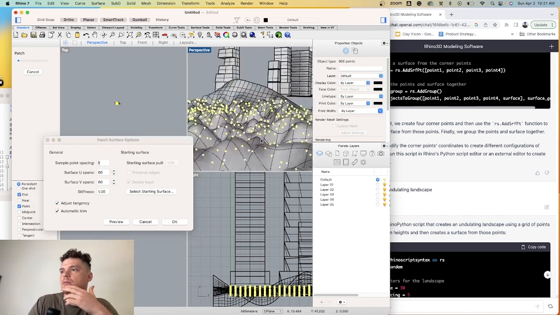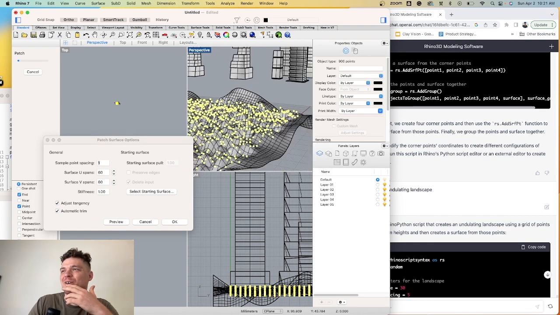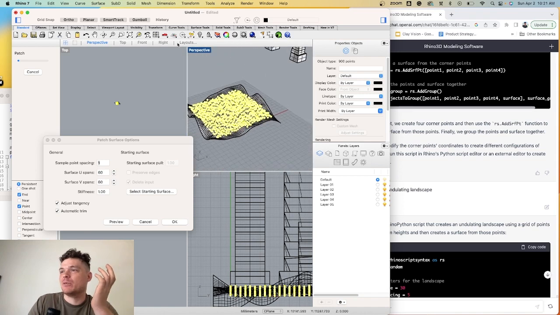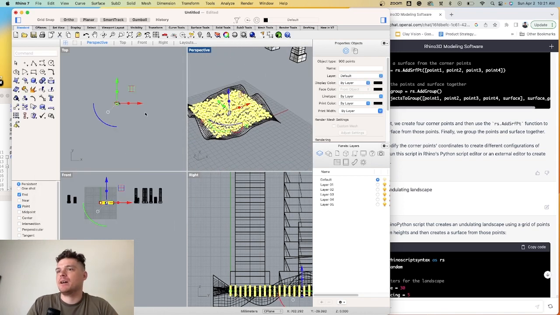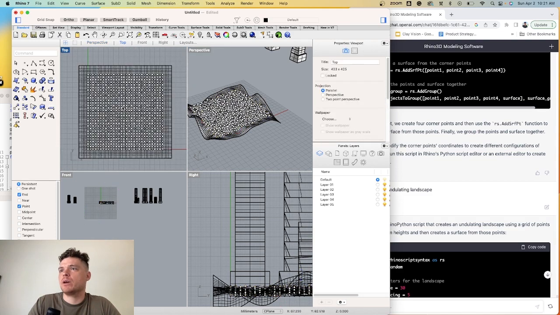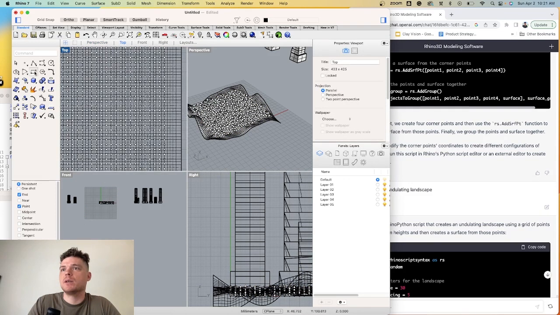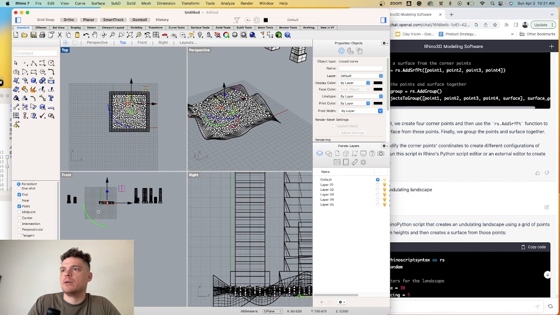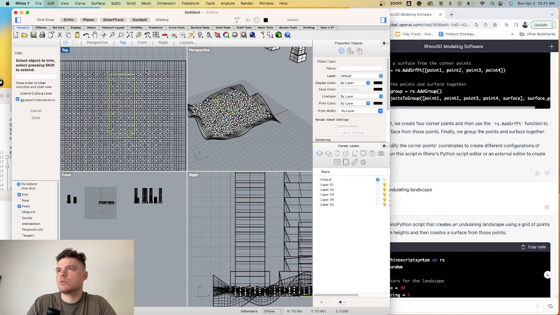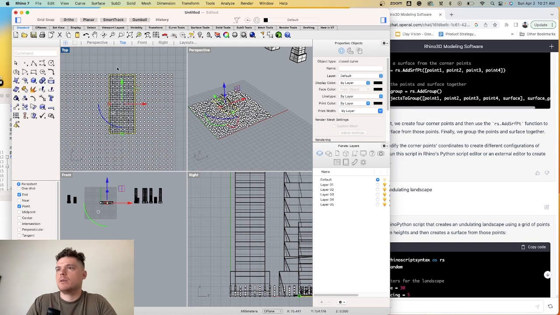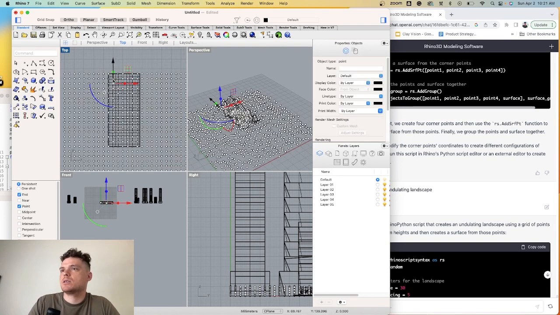Again, it depends on what kind of thing you're going for. Maybe you're making a facade panel and you just need to cut out some of this. It really depends on what you're trying to do, but that could be a really nice way to start generating some designs. What would be cool too is you could create a rectangle and then do Control Trim, Control T, and hit OK. Then we can take this surface